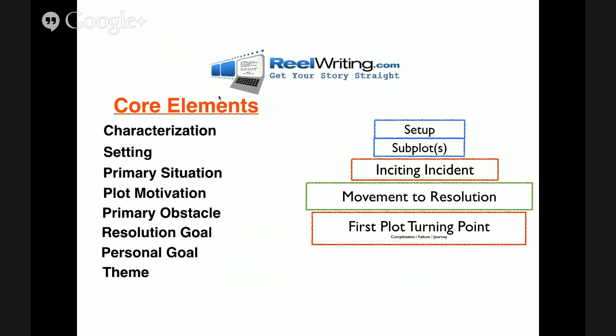If he didn't have that MO, if that subplot wasn't important, they'd have to think of some other reason why he could end up in the building. And if he had the opportunity to escape, if it wasn't his wife, maybe he would have. The relationship had to be strong enough, and his personal goal had to be strong enough to keep him in the game. Primary situation, plot motivation, and the primary obstacles, the movement to resolve the situation the movie presents.